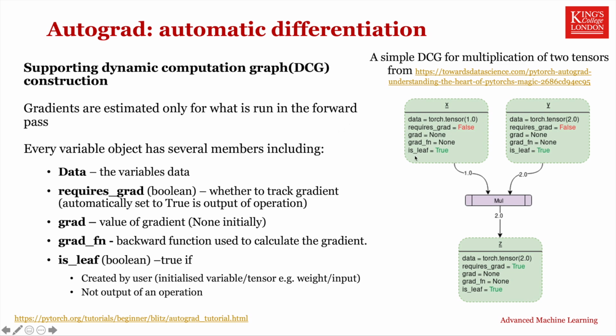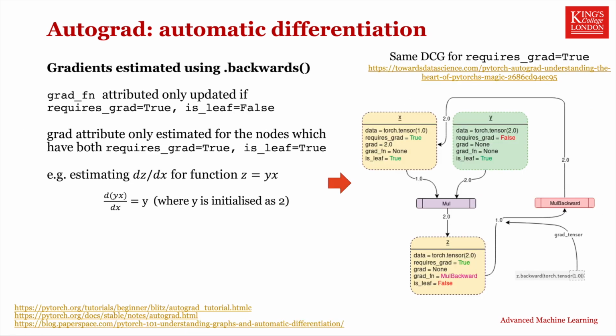Finally, is leaf will be true if the tensor represents a variable initialized by the user, i.e. x or y, but false if it's the output of an operation, for example z. Next, when the user specifies a backwards pass using .backwards, the graph updates the gradients only for those for which requires grad is true and is leaf is true. So here this applies just to x,